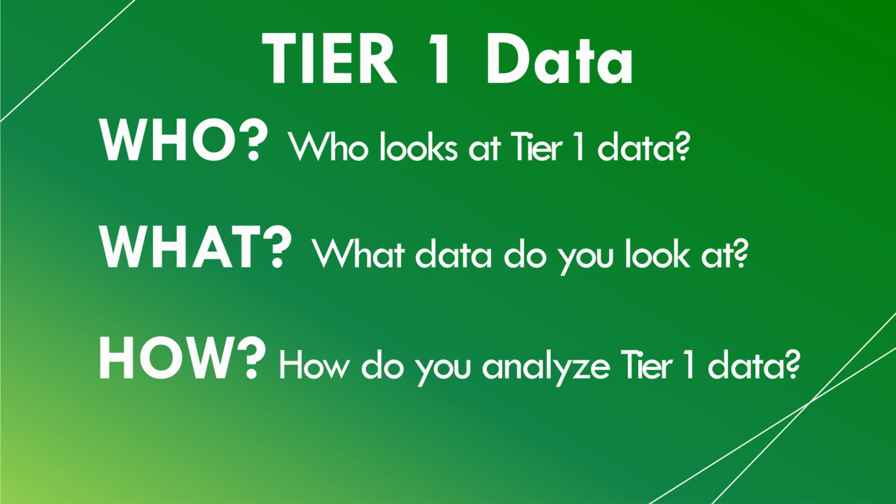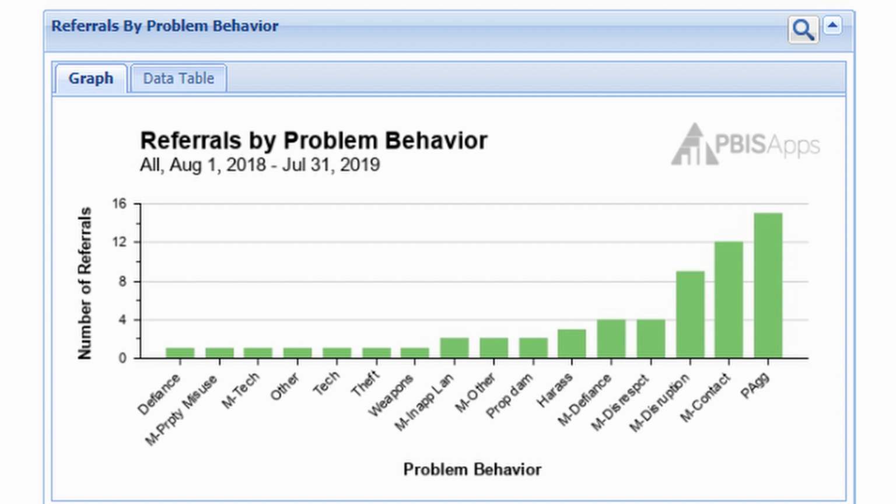Now let's talk about how you analyze Tier 1 data to inform, plan, and implement behavioral supports. Tracking office referrals is not for identifying individual students only. The truth is, if a lot of students are making the same mistake, it's typically the system that needs to change, not the students. The team will analyze office discipline referrals to determine what problem behaviors they're struggling with, where